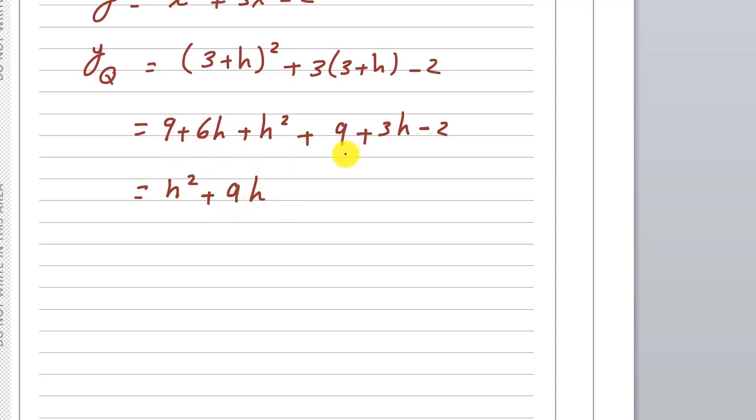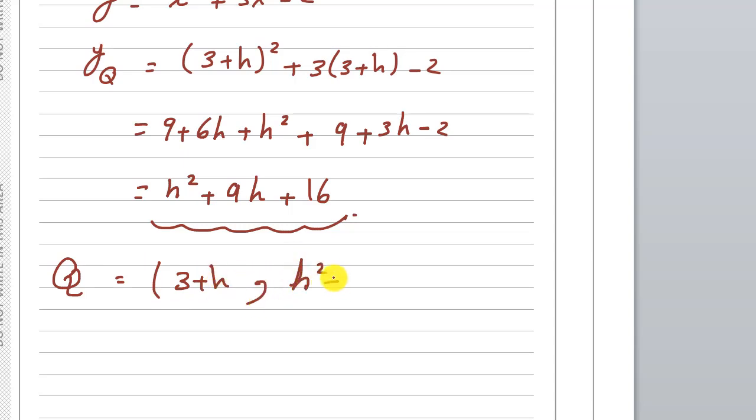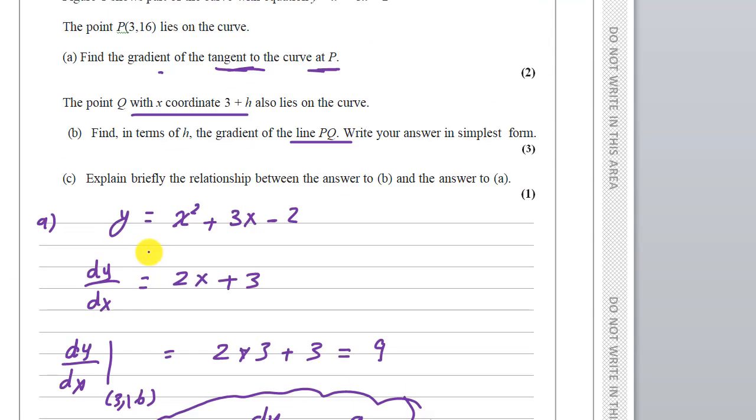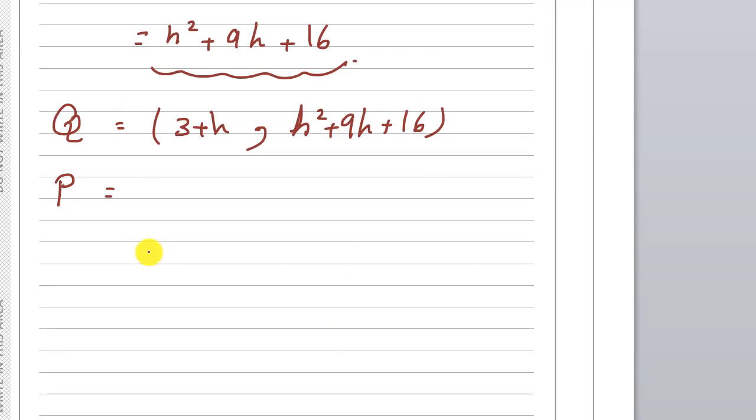Now this is 18 minus 2, which is 16. This is the y coordinate of Q. So Q is equal to 3 plus h and h squared plus 9h plus 16. Now B. We know B is equal to 3 and 16. Now the gradient m BQ is equal to